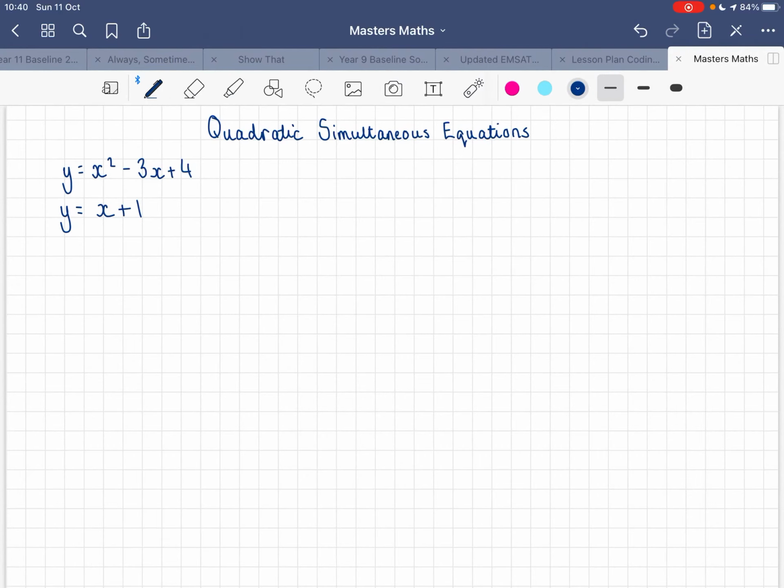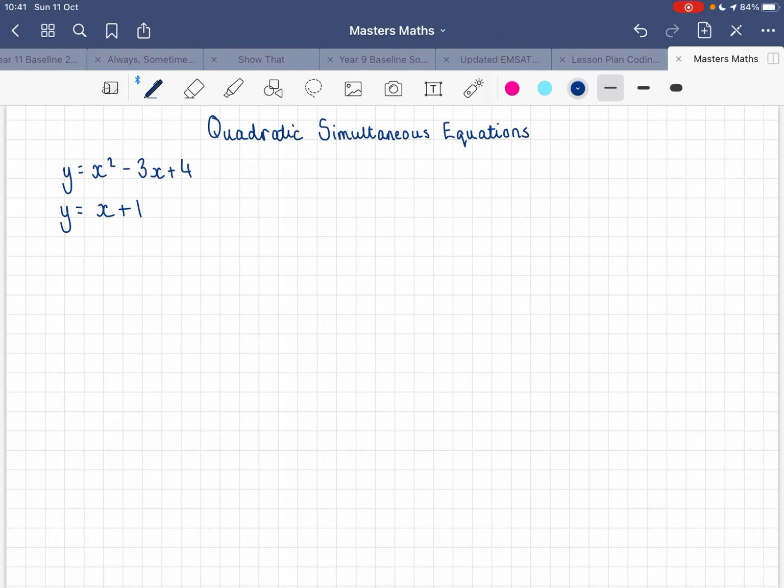Okay, good morning. Today we're going to look at quadratic simultaneous equations. We're going to go through how to solve them and find, you will get two pairs of solutions. So an x and y in one pair and an x and y in another pair. It's different to linear simultaneous equations in that you can't